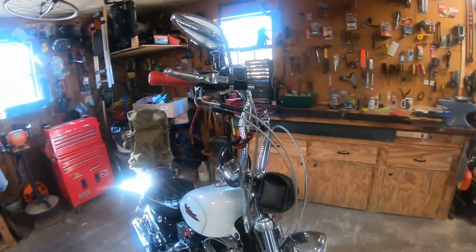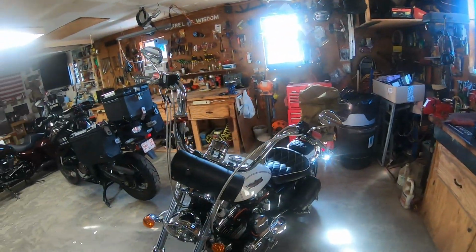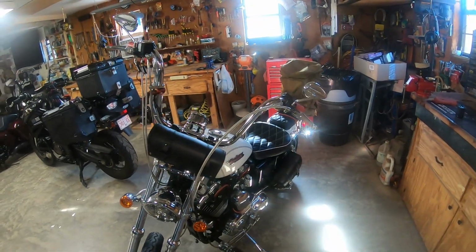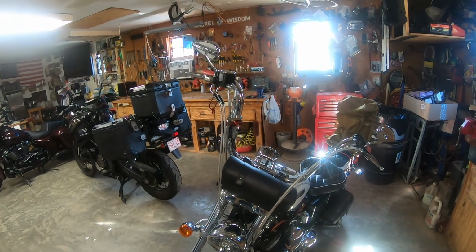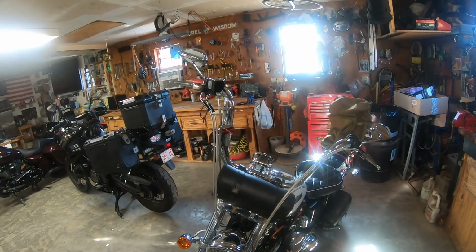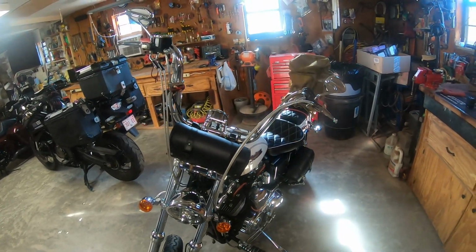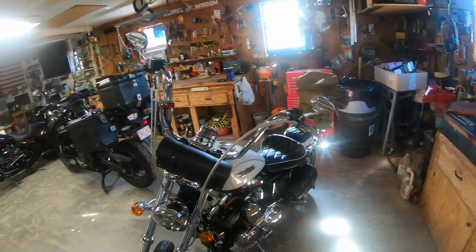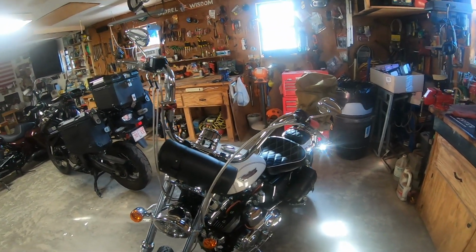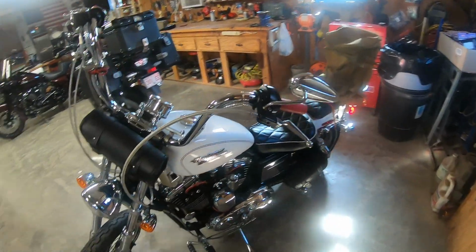I've done a video where I already had these handlebars on there. Put the apes on there and had to extend the wiring. Kind of wish now that I'd got some different bars and routed the wiring on the inside. But I don't know, maybe one of these times if I get bored, I might redo that. But it took some time to extend all that wiring and make all the connections, all the switches and stuff operate. Anyway, we'll go over here to the